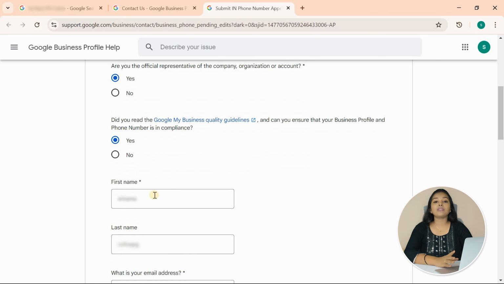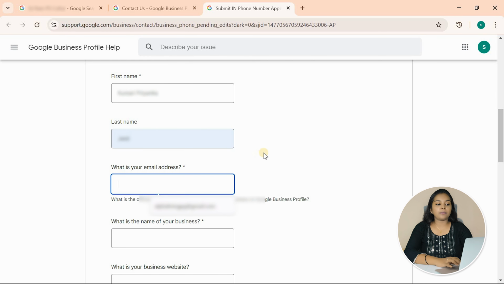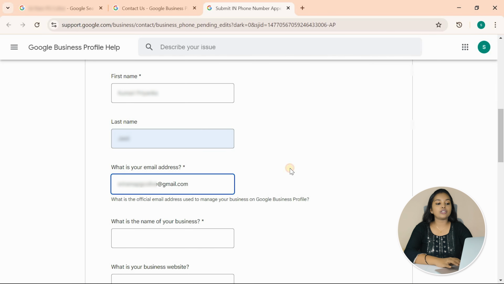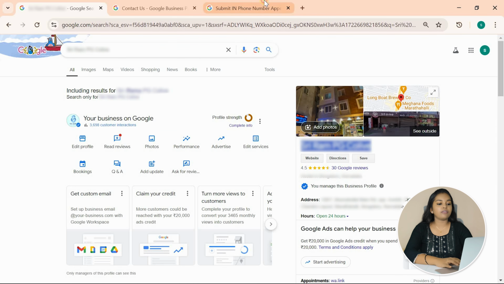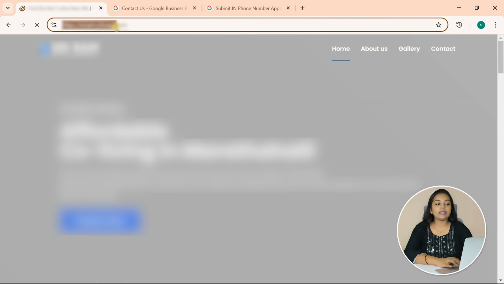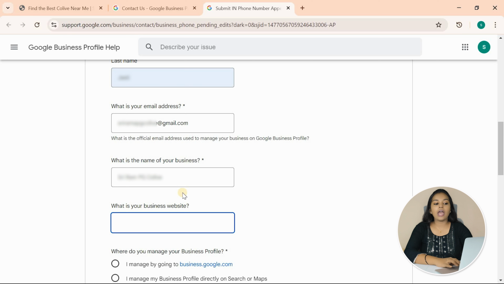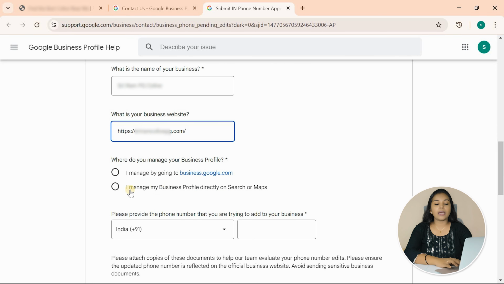Fill out the first name. Google automatically takes the email associated account details. Modify if required. What is your email address? Enter the email associated with the Google business profile. Make sure to copy exactly the same as the business name. Here the website field is optional. If you have a website, you can paste it here and make sure to use the same phone number listed